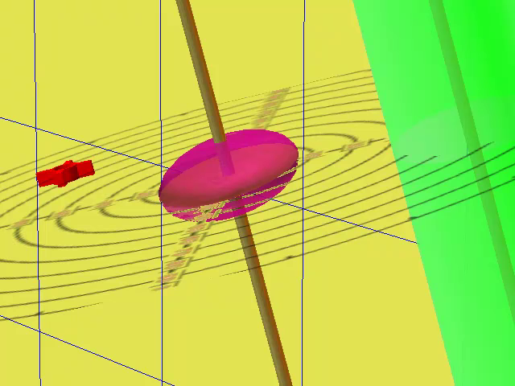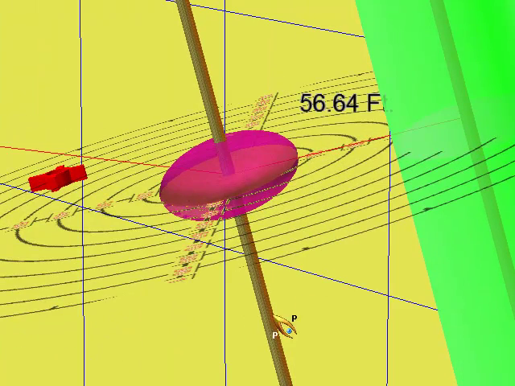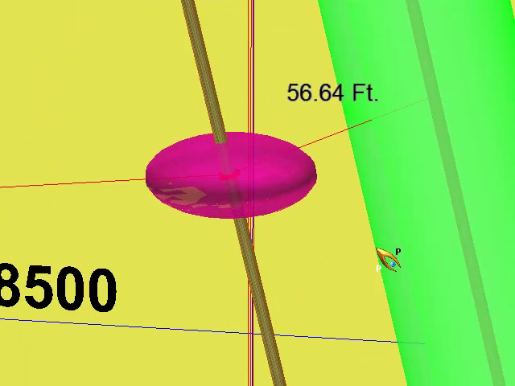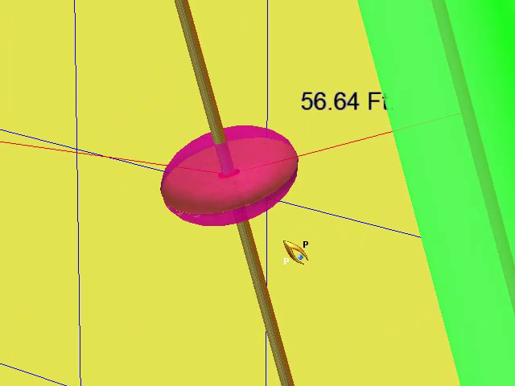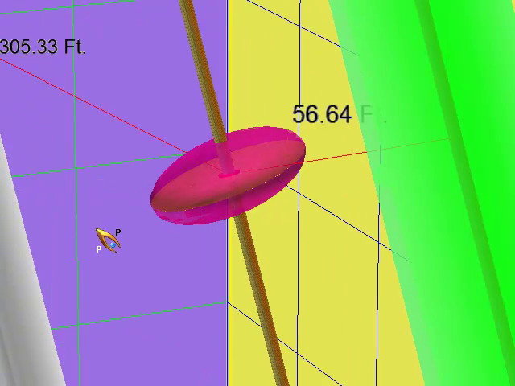Center to center is pretty straightforward, and that's a segment to segment problem. And if you look very carefully here, you can see a red line that goes across here. It's a little bit more clear if I turn this site off, and you can see that it's pretty obvious that in a case like this, it would almost be a certainty that the nearest point on this ellipsoid to this elliptical cylinder would be somewhere along that line right there, or very close to it. And so that's always a good way of choosing an iteration point if I wanted to solve this